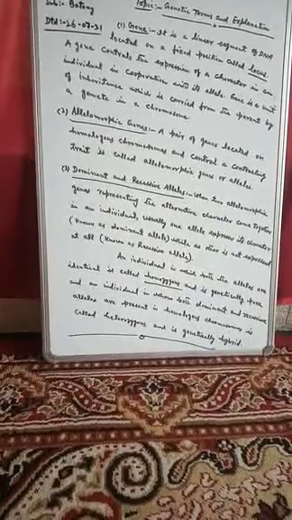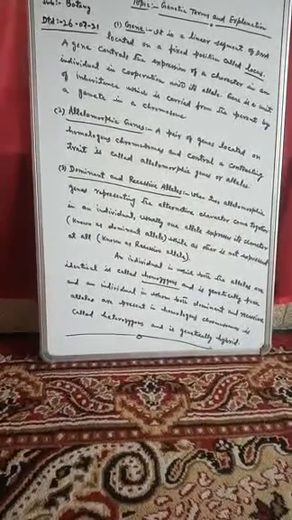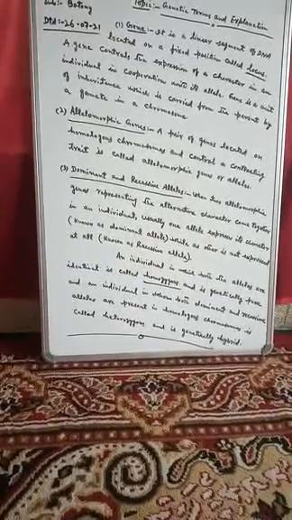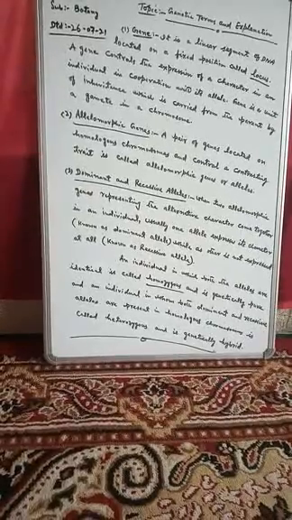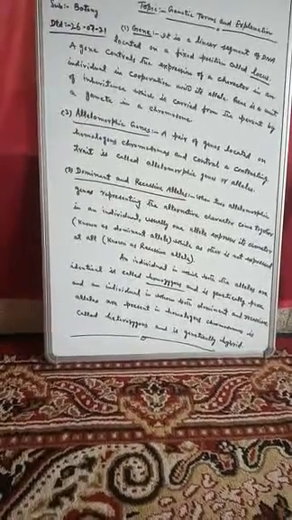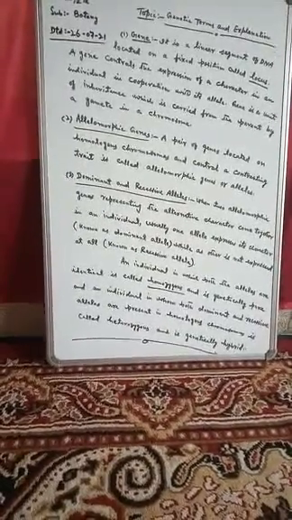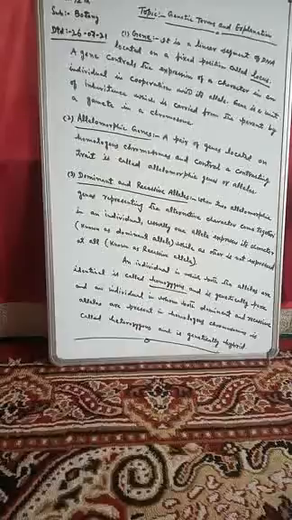Now the third genetic term is the dominant and recessive alleles. What are the dominant alleles and what are the recessive alleles? When two allelomorphic genes representing the alternative character come together in an individual, usually one allele expresses its character, known as the dominant allele, while the other is not expressed at all, known as the recessive allele.